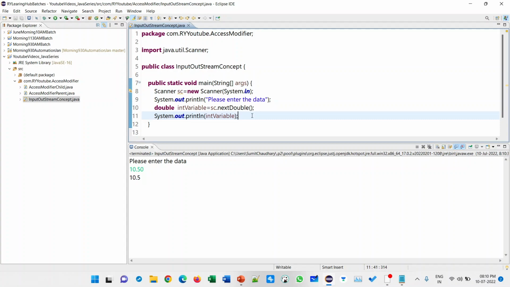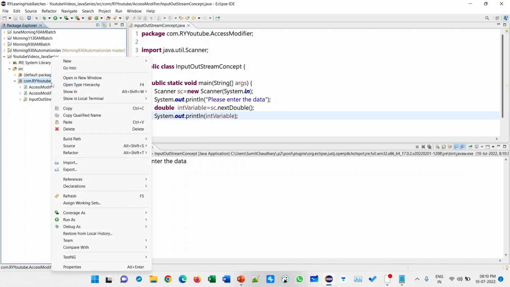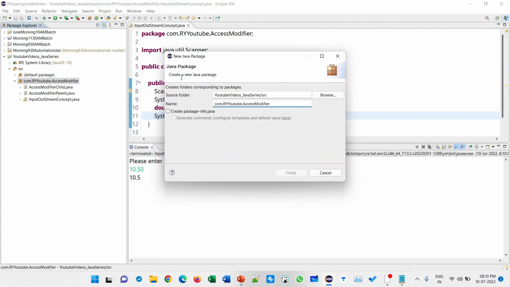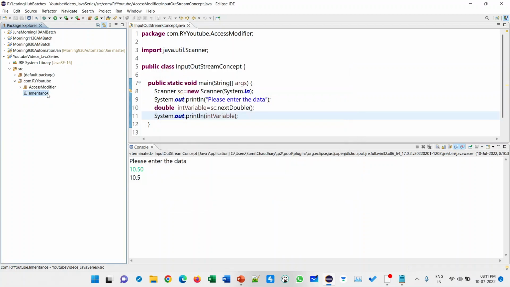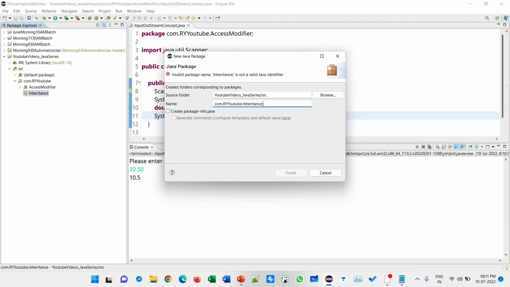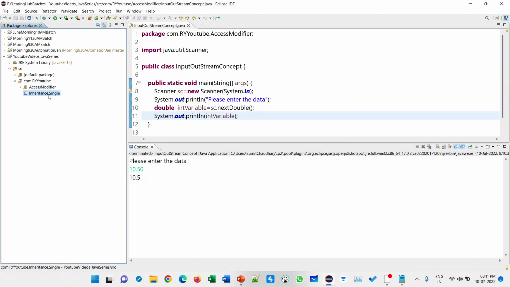Now let's come into inheritance. Single inheritance.